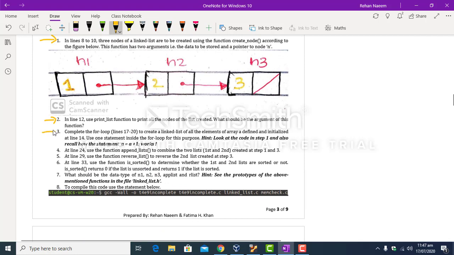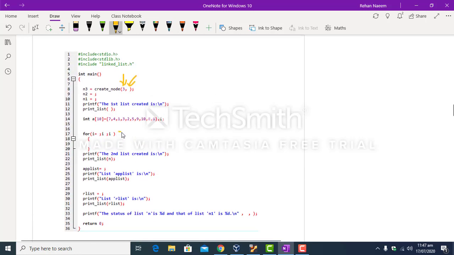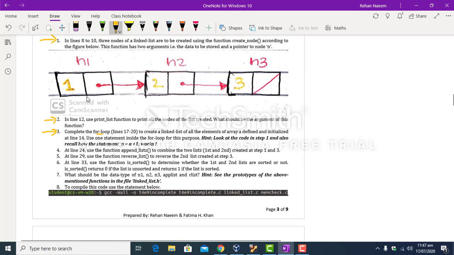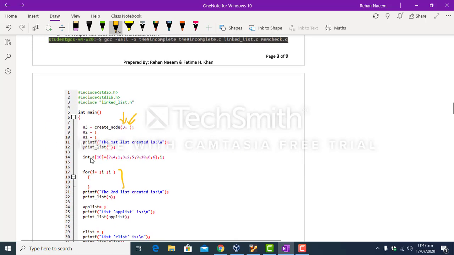Okay, at step number 3 you have to now use a for loop to create nodes to store the elements of array A. So now you will be creating 10 nodes which will contain 7, 4 up to 6 in the data field, and each node should point to the next node through a pointer.